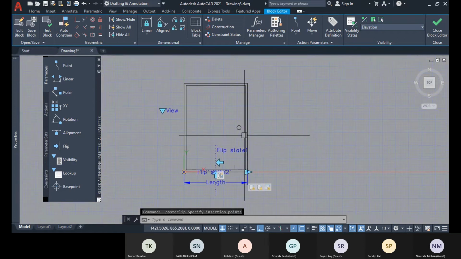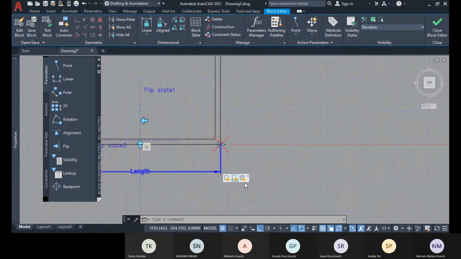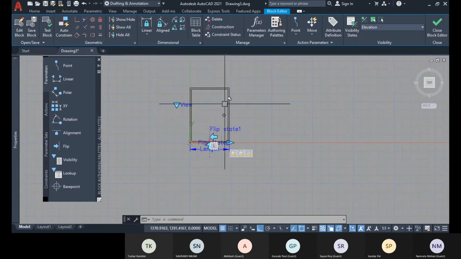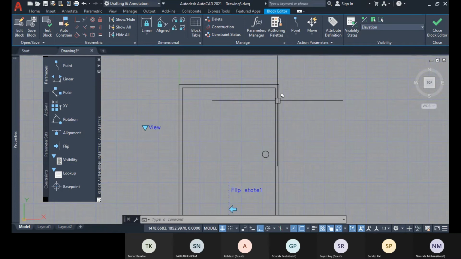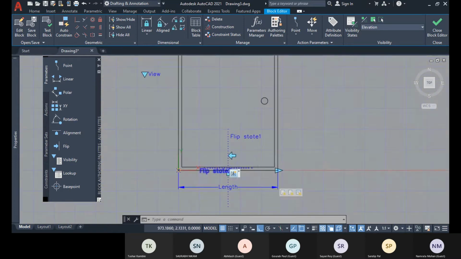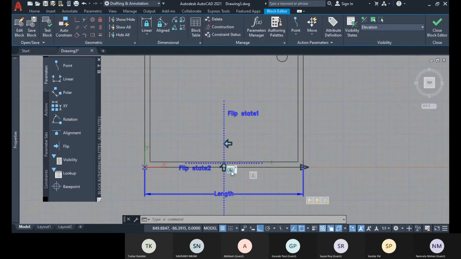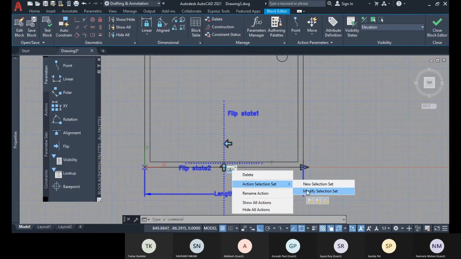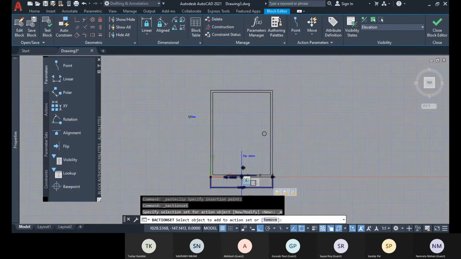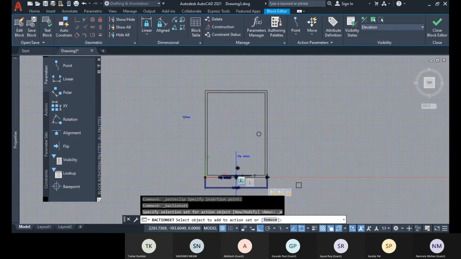Now these parameters, or this action, are not associated with this object, right? So that you have to assign here. For that, go to this flip first, right click, action selection set, modify selection set, and you select your object, or you can click all and enter.